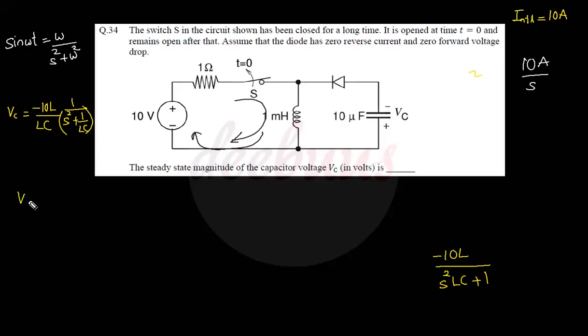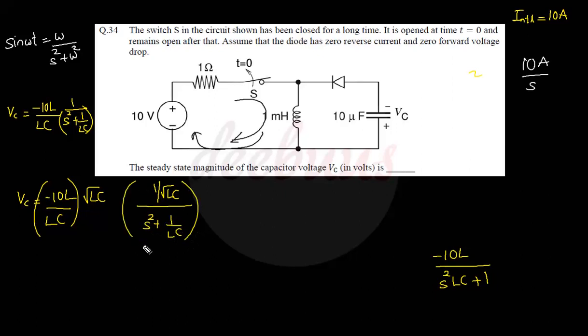So that is Vc equals minus 10L by Lc, and multiplying the denominator by 1 by root Lc, we get root Lc into, and on the numerator side it is 1 by root Lc into S square plus 1 by Lc, right? Now we can check what this term is. So that is minus 10L by Lc. So L and L cancelled. So minus 10 by C into root of Lc equals minus 10 into 1 root C